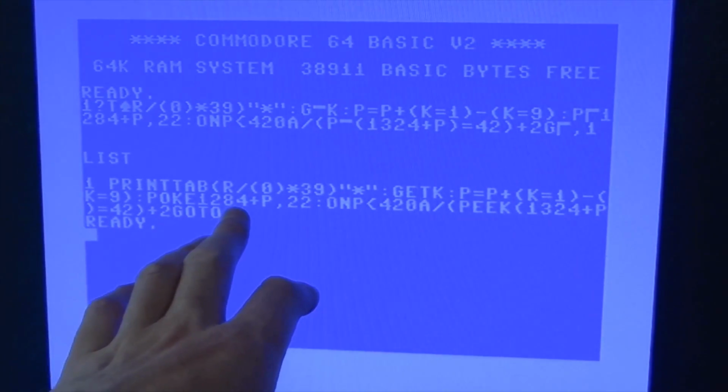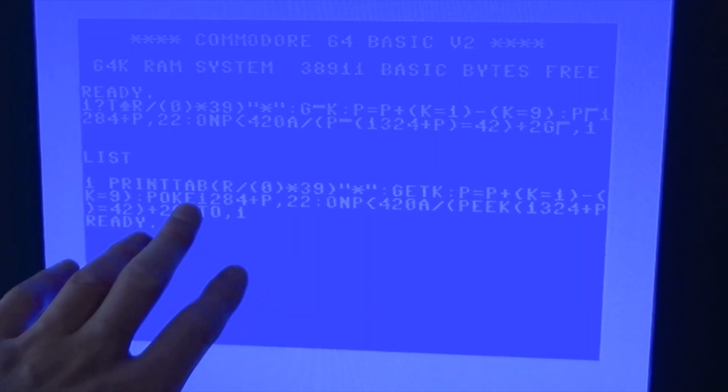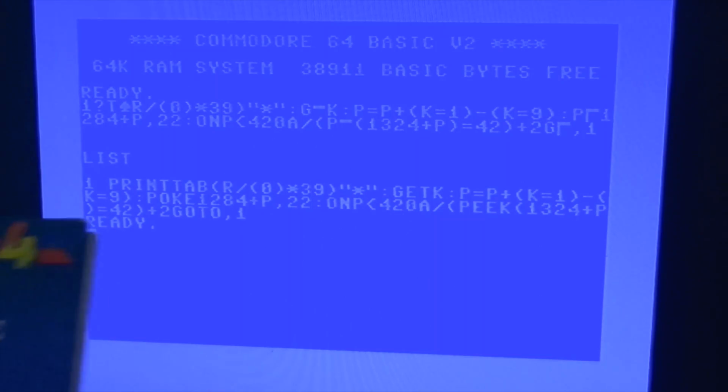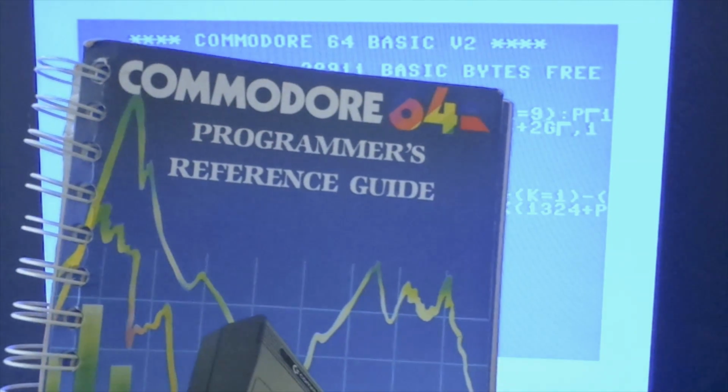POKE 1284. So I'll just look that up. Pause the video if I can. Okay, yeah, so this POKE here, just looked it up. Well, I should have known actually, because it's a fairly standard one, but it's effectively somewhere in the first 1024 bytes of screen memory. What I was using to look that up is this book, which I got on eBay, Commodore 64 Programmer's Reference Guide